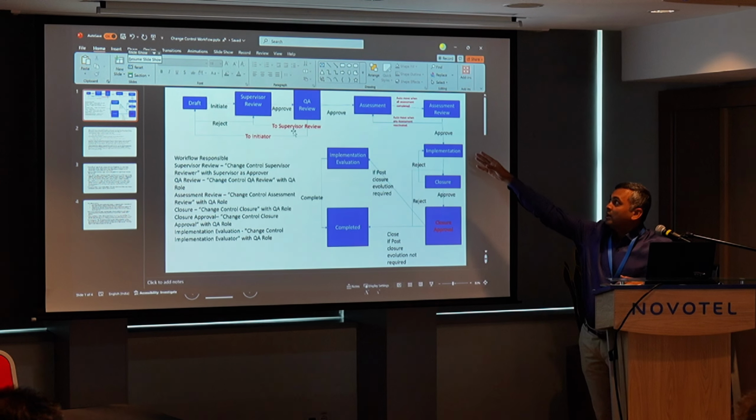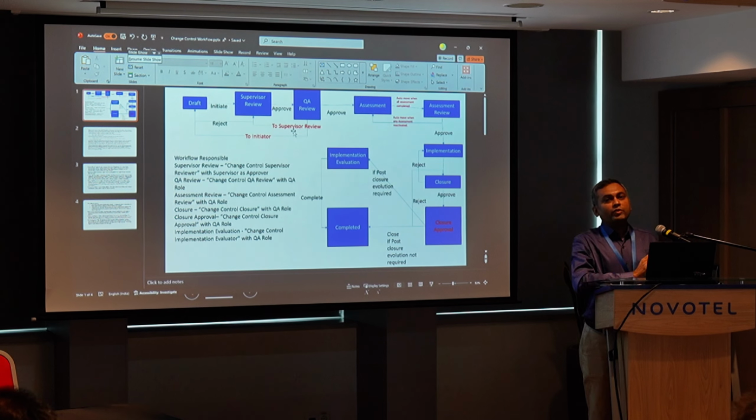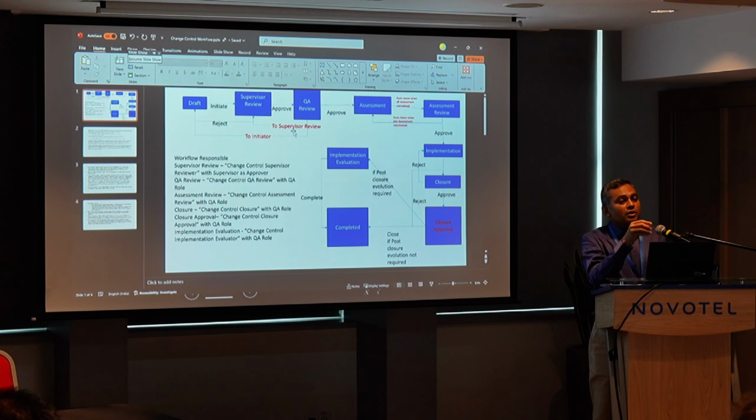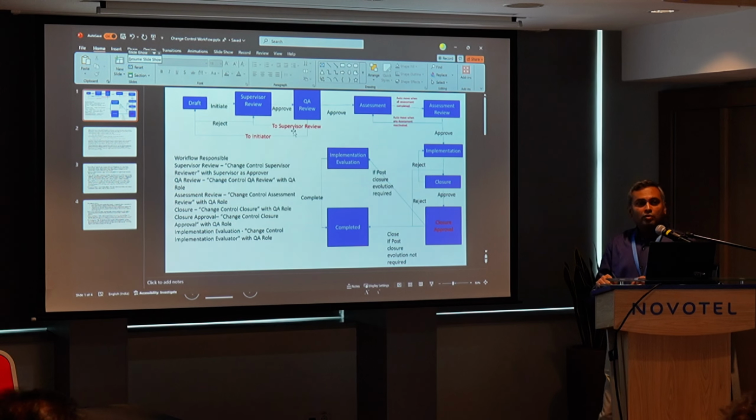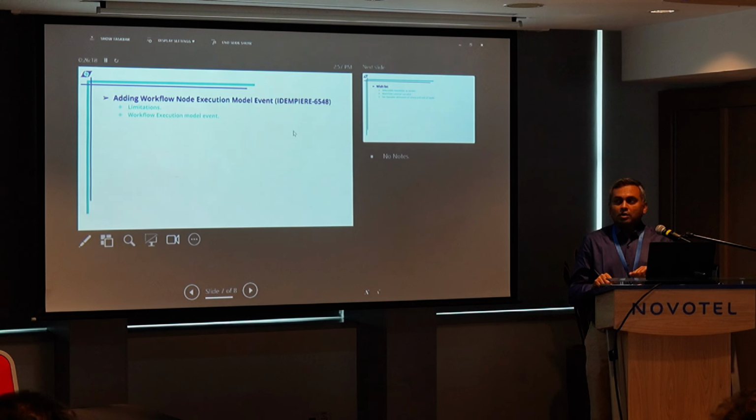For example, if someone is performing the assessment, there is no way in iDempiere to validate that the user has really created the assessment record. Because in workflow we have a standard document action and validation logic only invoked for the standard workflow actions like prepare, complete, reverse correct, but there is no way to initiate a model event for a custom kind of workflow node. So what we have added is